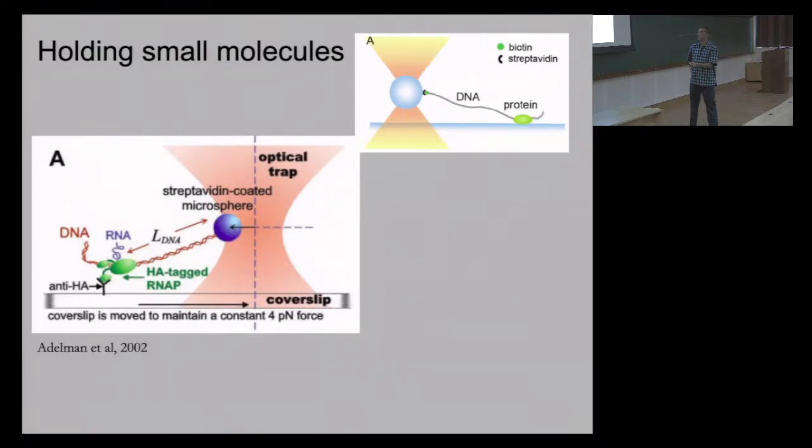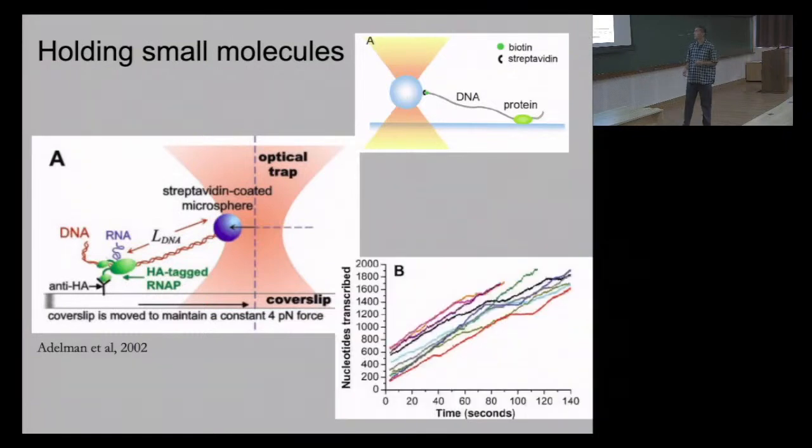I give it a piece of DNA, and one end of the DNA, just like I showed you here, is bound to this bead, which is in an optical trap. Now, when the RNA polymerase gets to work, it is basically going to pull the DNA like this, and going to read it and make the RNA, so you will have RNA coming out from one side, and you get data which looks like this. You know the distance that you have moved. How? Because you simply measure the displacement of this. You have to correct for some compliances, but assuming that you have moved so much,